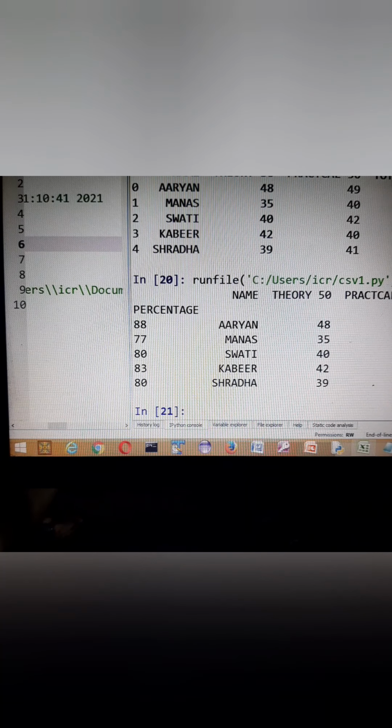Example 5 is saying the following program code is creating a data frame from the comp result.csv file shown. Points.max. But the program code is giving the following error when it tries to print the maximum number of points from the data frame. Find out the error and rectify it.